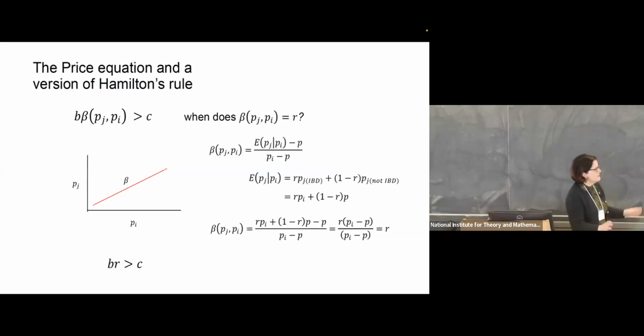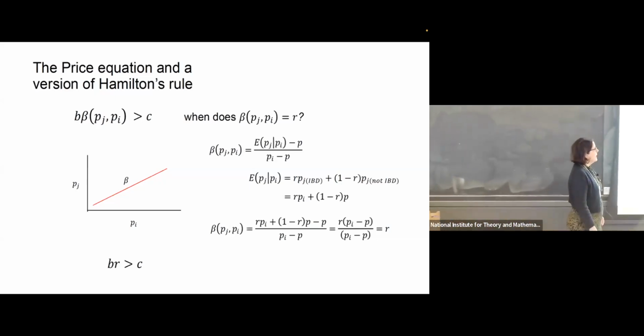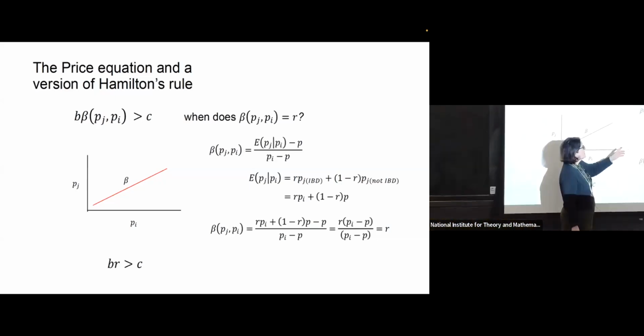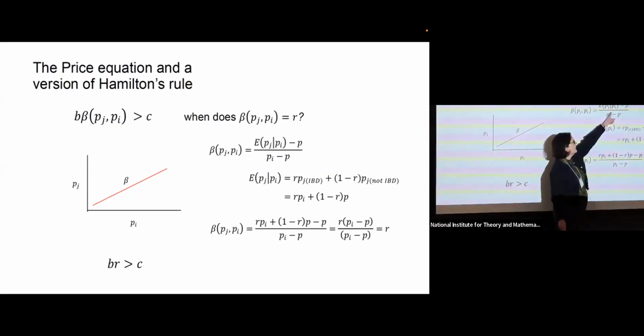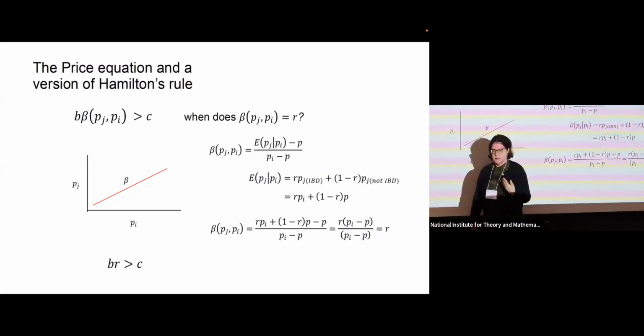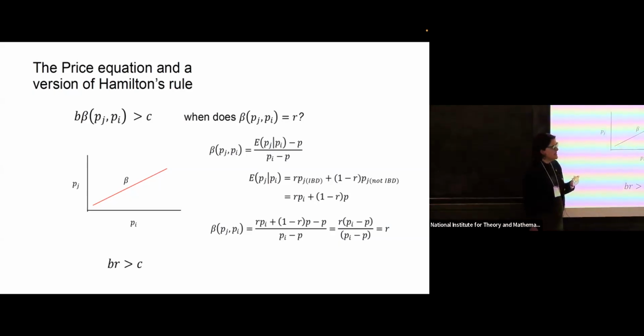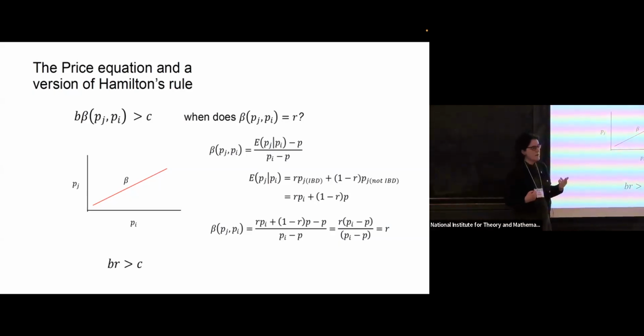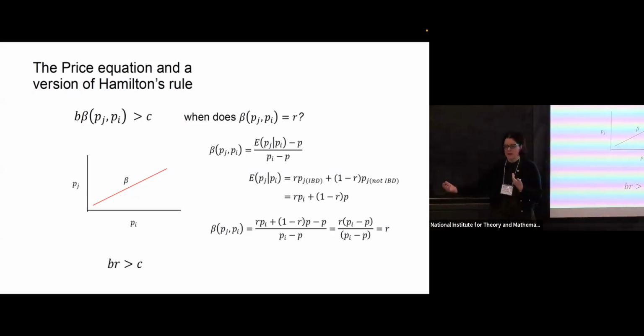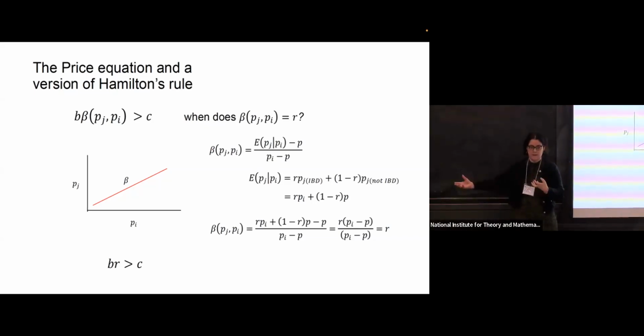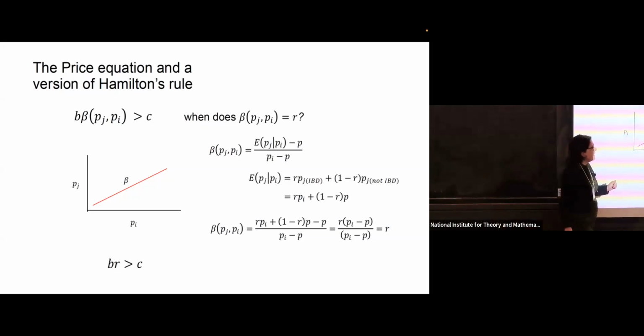Some mathy bits, but not very interesting ones. The question is, does knowing PI tell me the value of PJ? It depends on whether or not the two alleles, in this case the two haploid alleles, are identical by descent. If they are, it tells me exactly. If they're not, then it's a bit random. So if they are identical by descent,